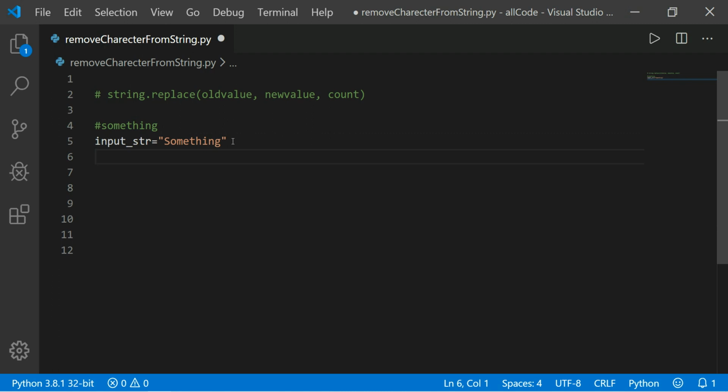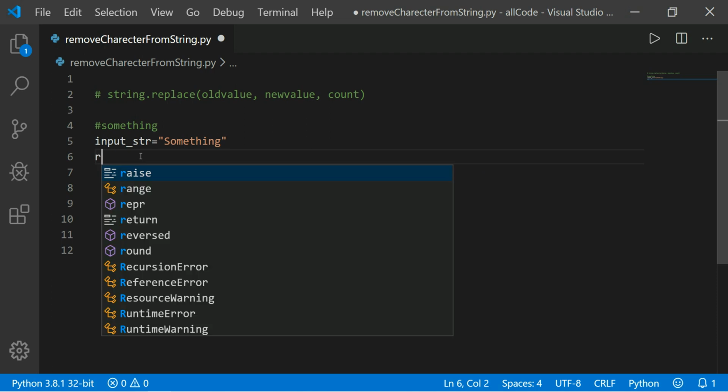Here I am using one method, replace, which will replace the G character. So how do I use replace?